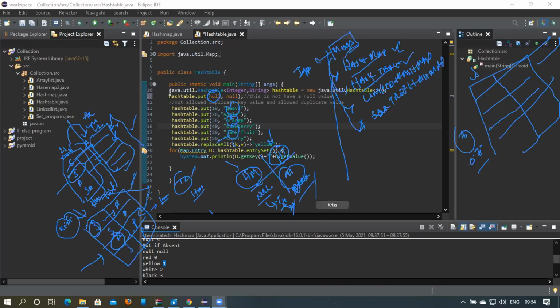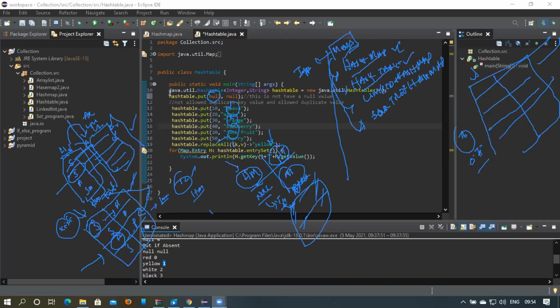If you're using a single thread, versus multi-threads, synchronization and all those things, the hash map is faster and the hash table is slower. The synchronization is very good in the hash table, and the hash map is not synchronized. These things, synchronization and multi-threading, can be confusing, so I'll not get into those details as of now.